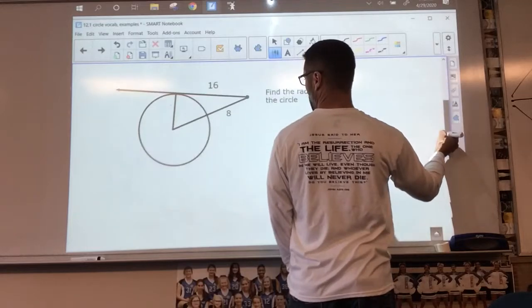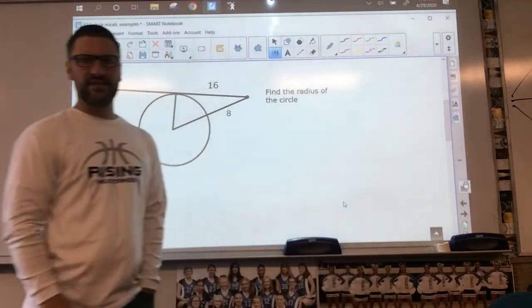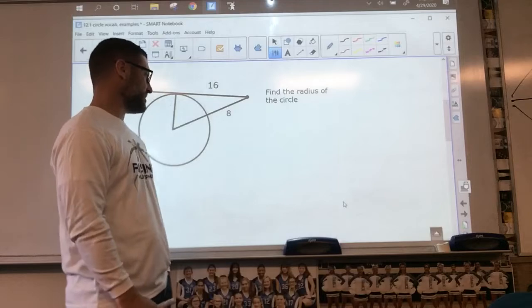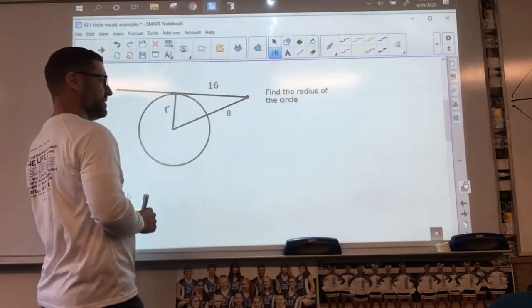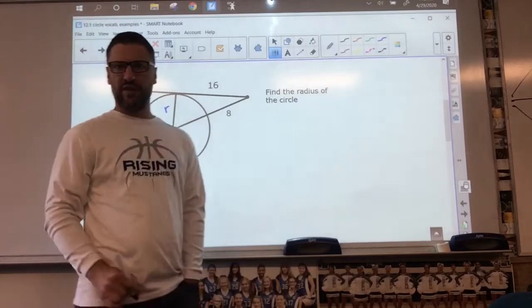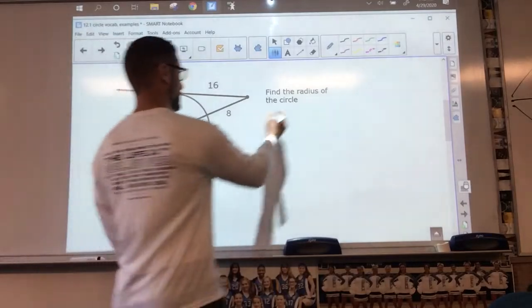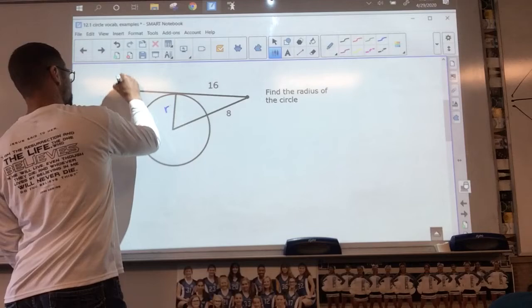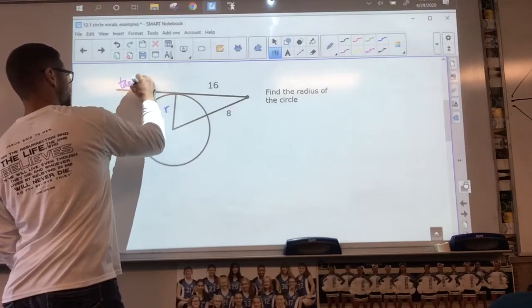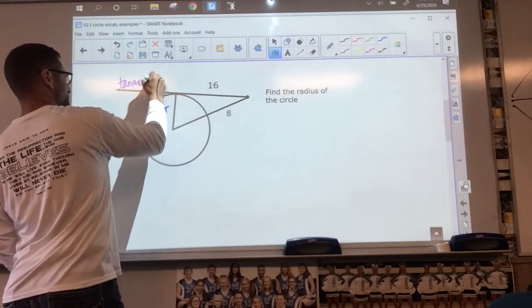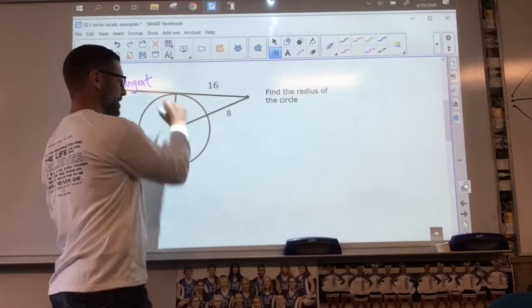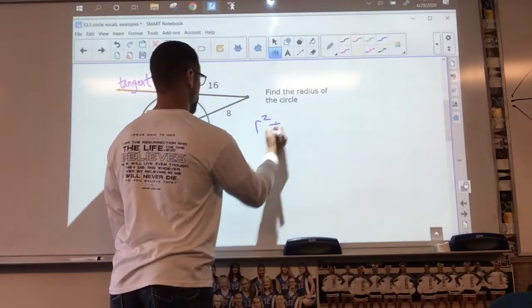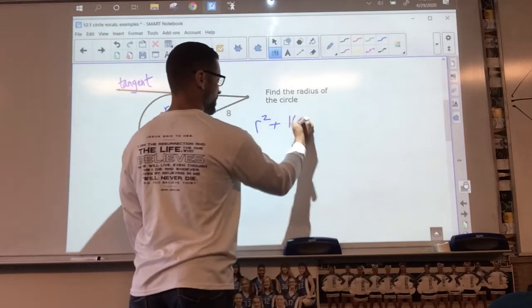Okay? Next one says find the radius of the circle. So here's my R value right here. That's the radius. And we would have to assume here that that is a tangent. In fact, I'm going to write that here. This is a tangent line. Okay, so I'm gonna do the math problem. So I'm gonna go R squared plus 16 squared